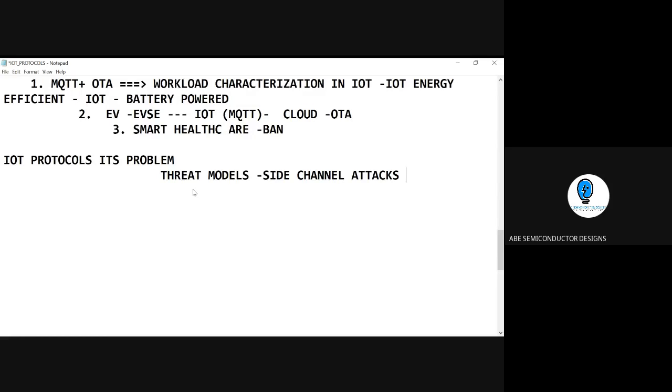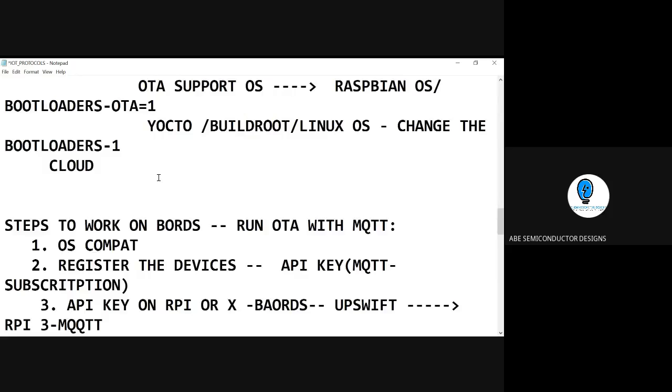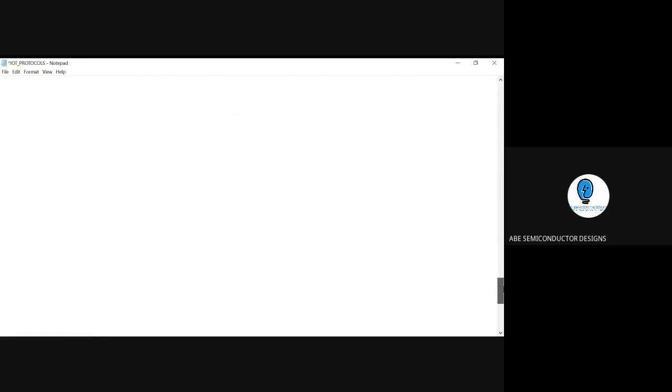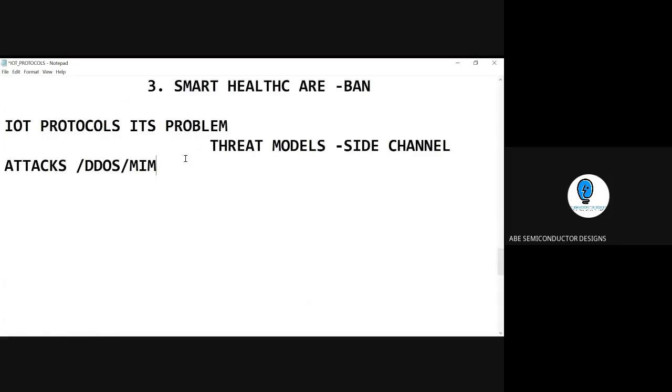When you consider a network centric view, there are a lot of things coming across here, such as DDoS and MITM attacks, right? A lot of attacks. But the industries are focusing on these kinds of models when the devices are transmitting on MQTT, because it's all about the MQTT protocol. So with MQTT, the device connectivity is totally hacked. How far can it safeguard our data when it is transmitted in the MQTT protocol? So this is going to be the new research approach, and I just share my knowledge with you.